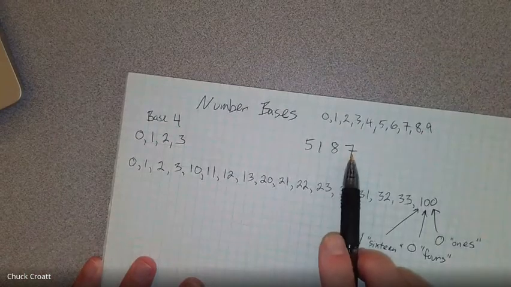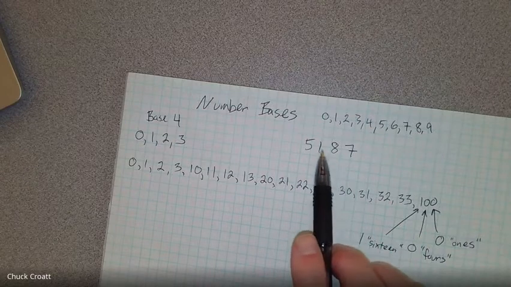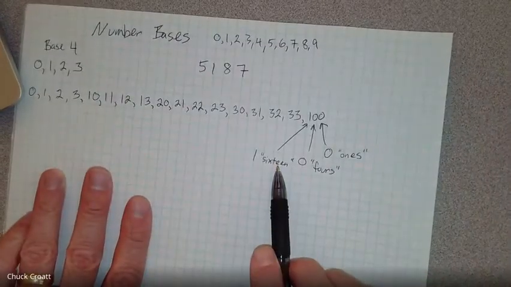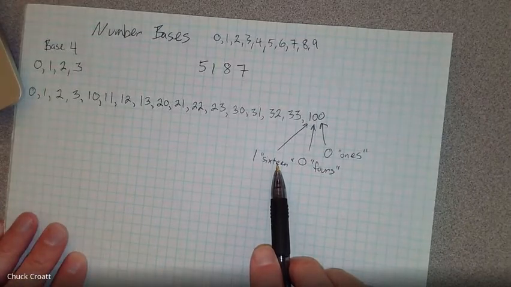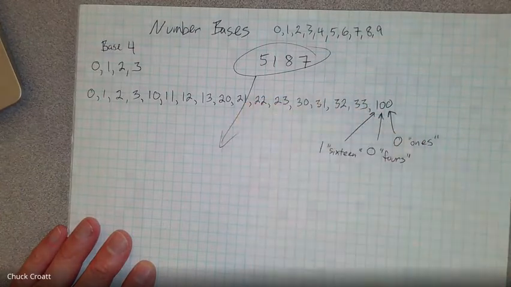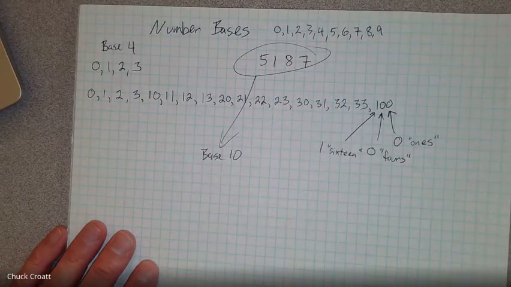Here we've got 1s, 10s, hundreds, thousands. Each place value is 10 times bigger than what the place value was before it. Just like here, each place value is 4 times bigger than the one before it. So when I see a number like 5,187, if this is base 10, by the way,